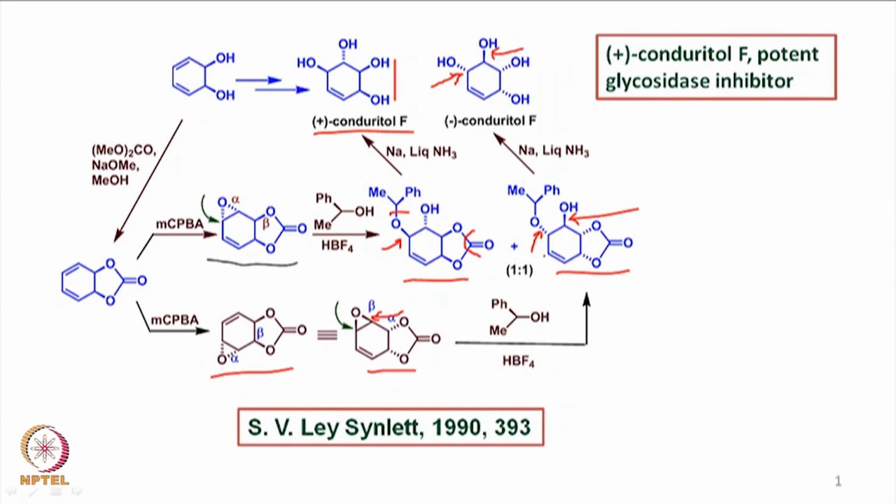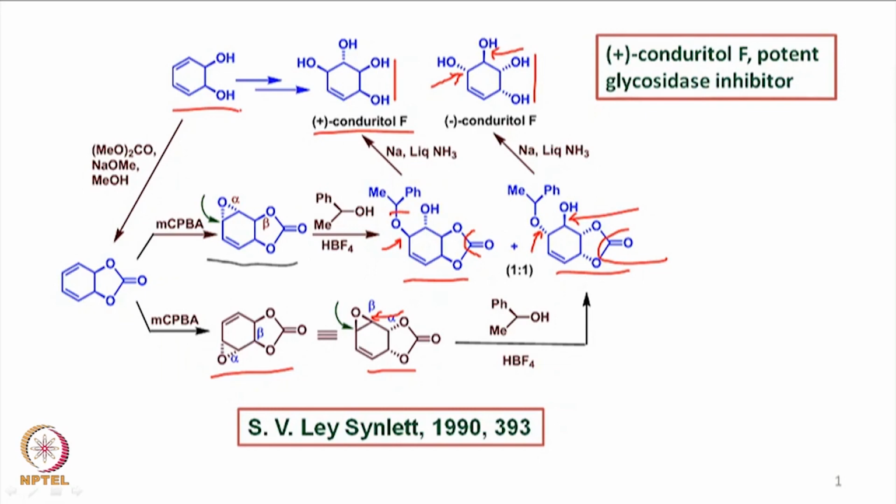And now the carbonate part can be hydrolyzed under basic conditions and then release the corresponding diol, which is now alpha oriented. And now if one looks carefully, these two molecules are mirror images of each other. So this is how Steve Ley reported the synthesis of these two molecules, which are important glycosidase inhibitors, starting from